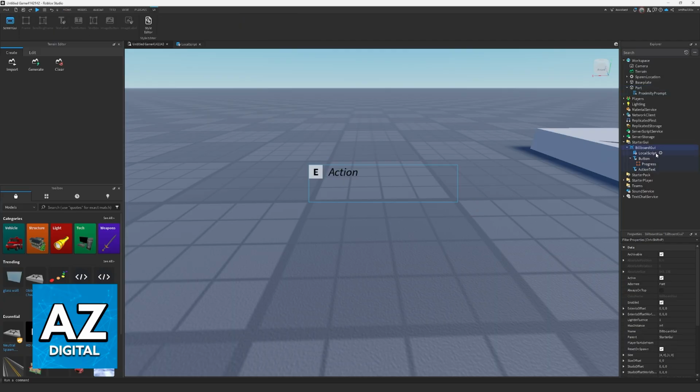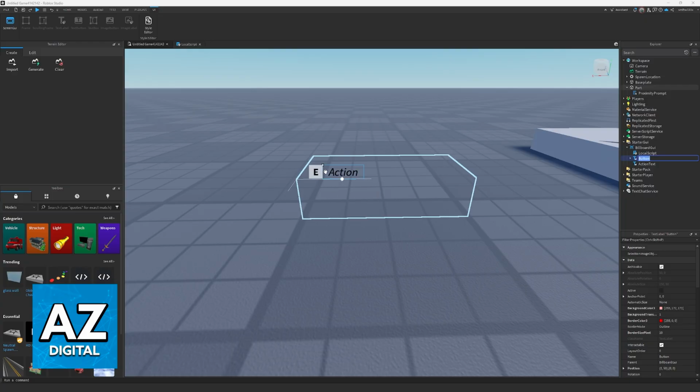What I recommend is that you add 2 text labels. So you add one text label named prompt and another one named action text. And once you have both of them added, then you are able to customize them according to your preferences. So for example, I switched them around, but I have the button at the left here, E, and then the action on the middle here.